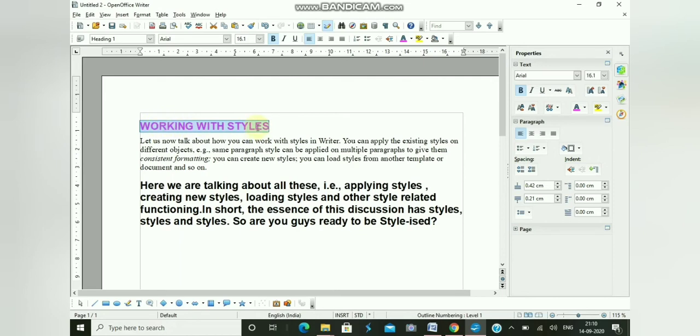I have selected this particular text, whose formatting I will copy over to the different text below.